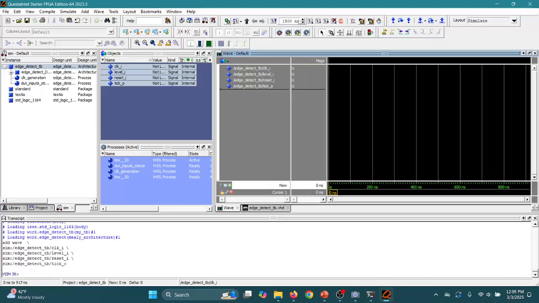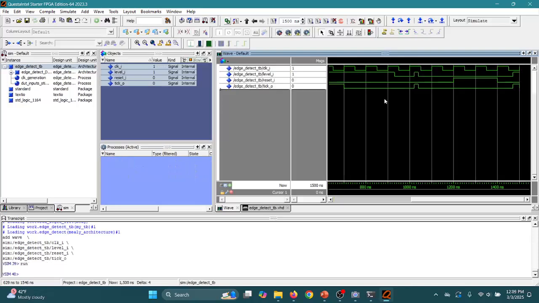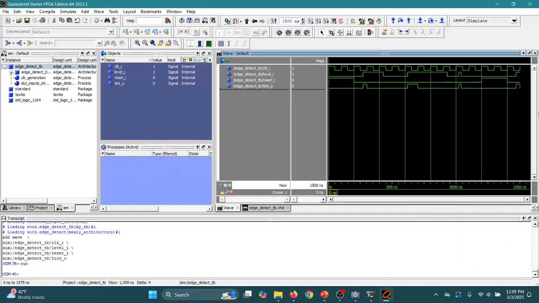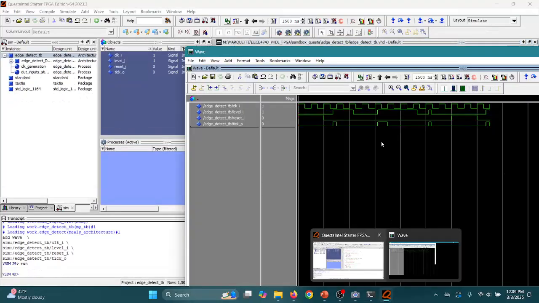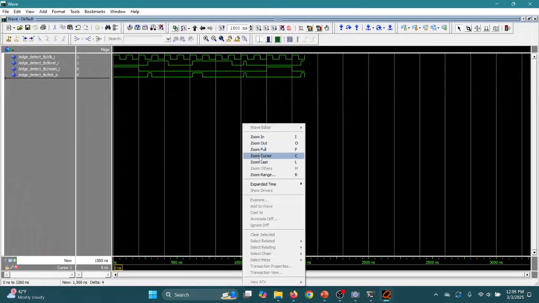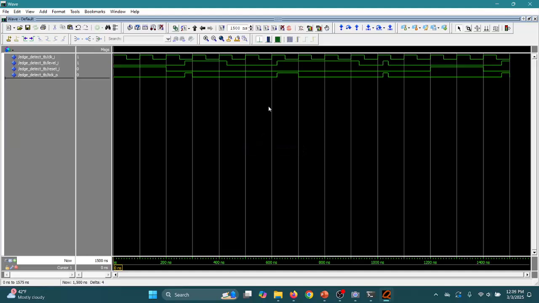And let's run up to, let's say, 1500 nanoseconds, a little bit longer than what we actually need. Hit this icon, run, and then say full zoom and maybe undock this to be able to see it a little bit larger here, and full zoom as well. So as you can see here, if you remember the edge detection circuit,